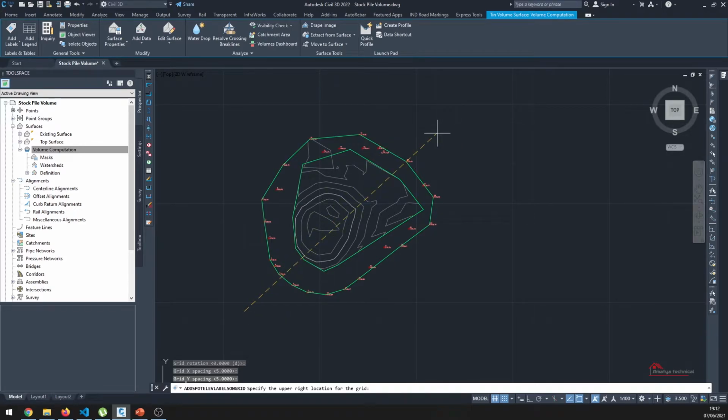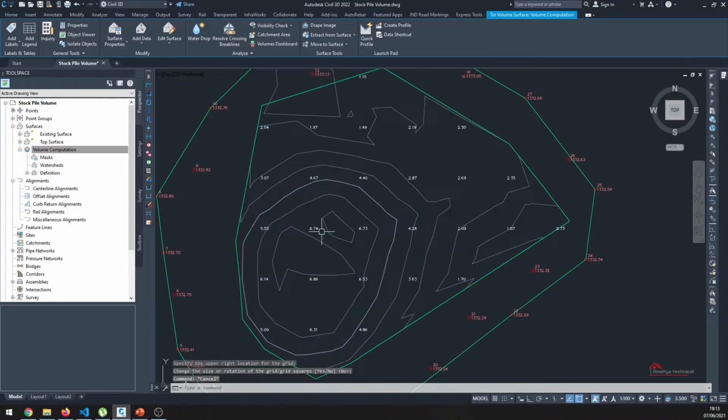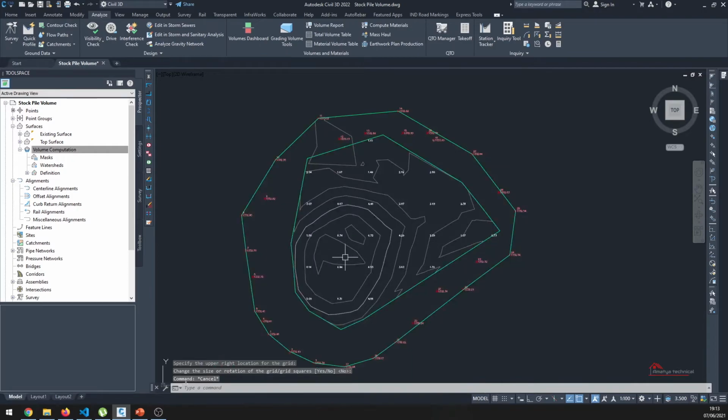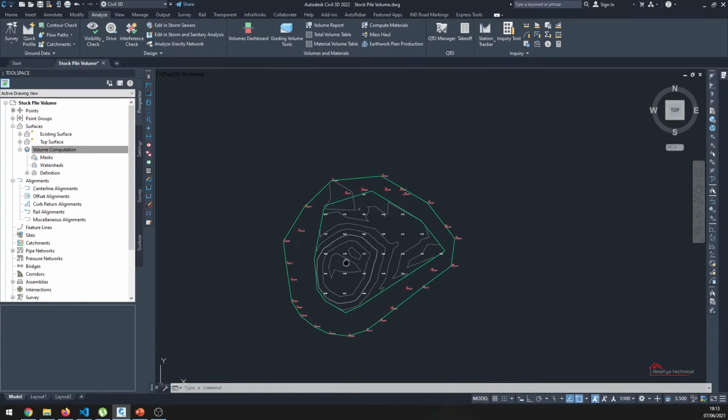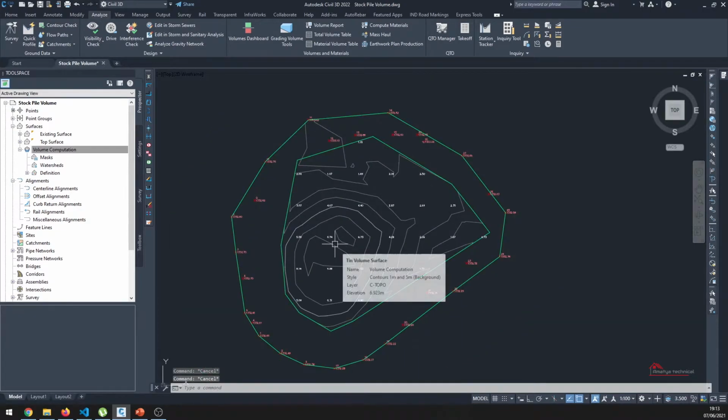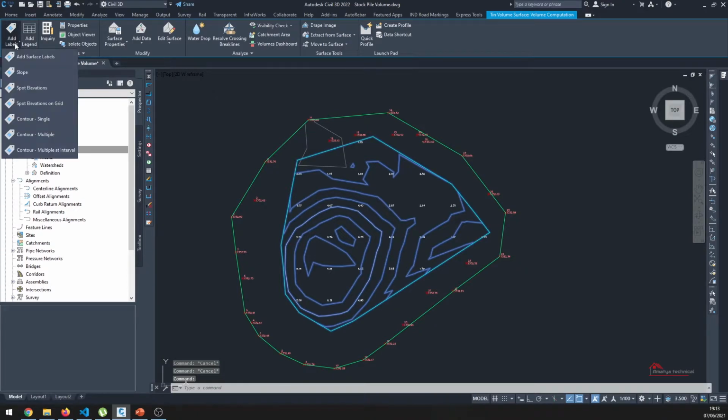I'm going to click somewhere here, and it is asking me whether I want to change the size or rotation of the grid or grid square. I'm going to click on No. As soon as I enter, the elevation has appeared on this volume. In this way you can add a spot elevation on the grid.